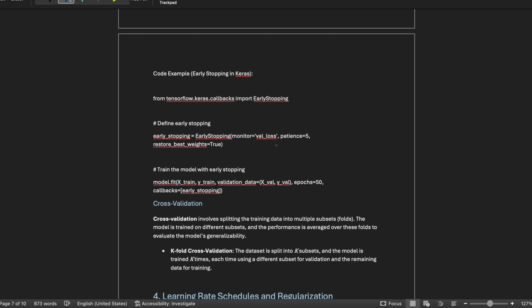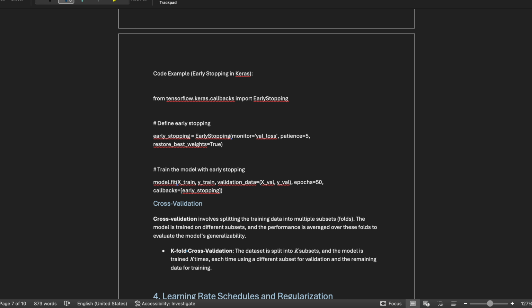Then we do this 5 times, and the same pattern goes on. Then we compare the different weights, and we average out the validation results. So cross-validation involves splitting the training data into multiple subsets. The model is trained on different subsets, and the performance is averaged out. As I already told you, the testing accuracy is averaged out over these folds to evaluate the model's